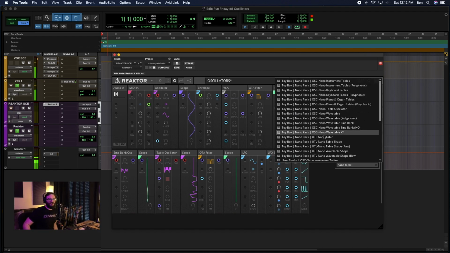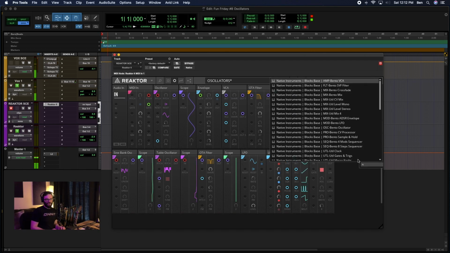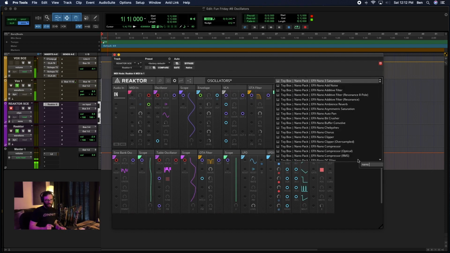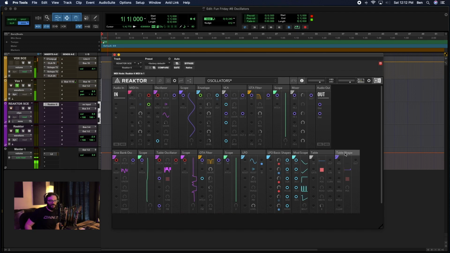So I'm just going to do some searching for anything related to table just to see if there are options here to control the table of this table oscillator a little bit more. And I don't know if there's anything in here. I haven't done much prep for this. I'm just intuitively wondering if there are some other options. So yeah, this is table shape, high quality wave shaper. So these have similar